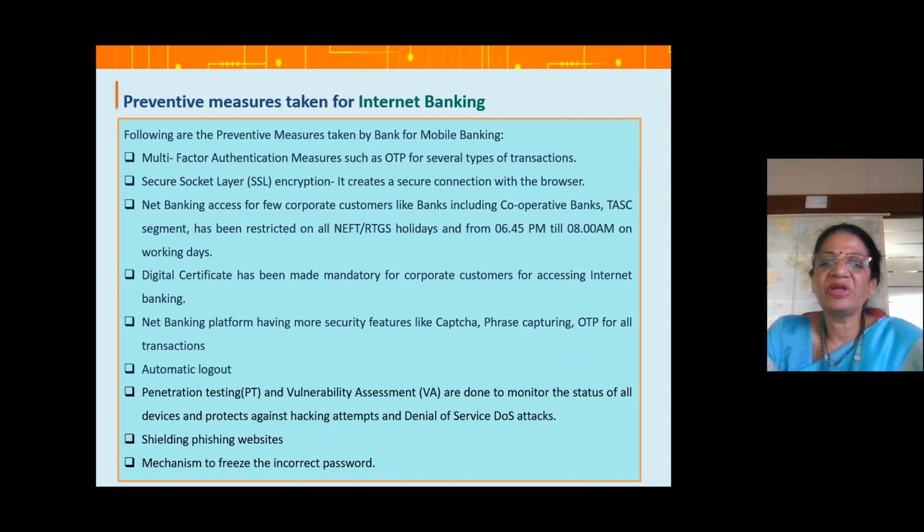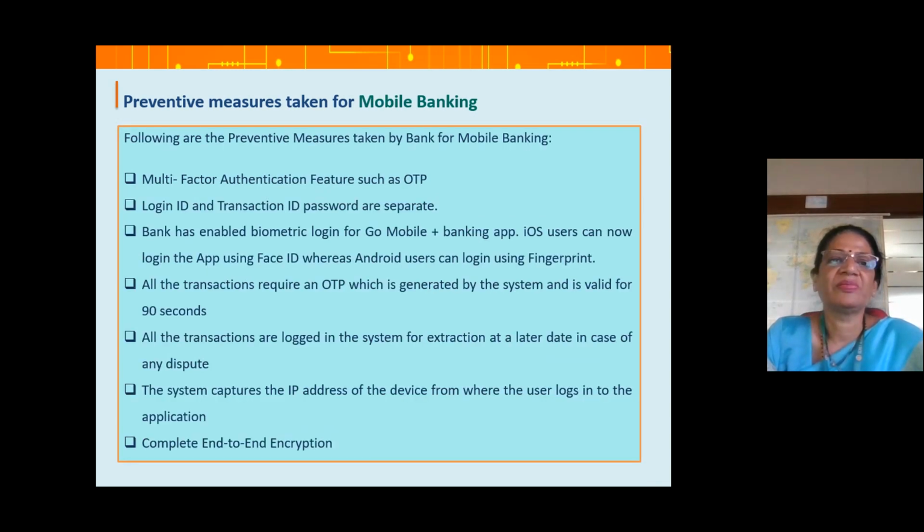Continuous pen tests and VA tests are done to monitor the status of the device and protect against hacking attacks and denial of service attacks. Shielding of phishing websites: we have proper shielding against phishing websites. An incorrect password freezing mechanism is also available. A few of the measures for the mobile banking channel are